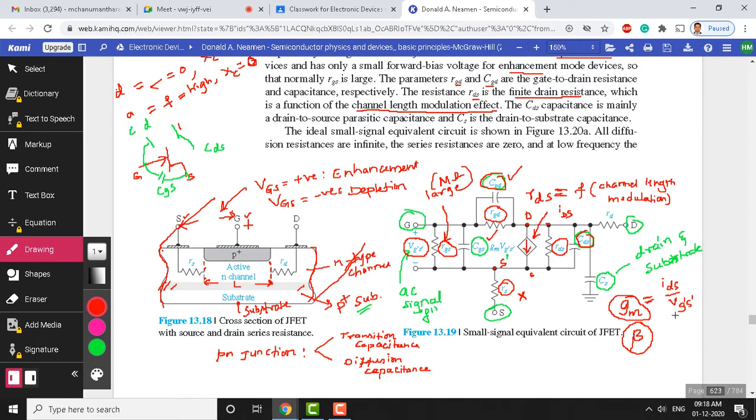Now look here. I told you a larger GM is better, right? A larger GM is always good. How do you make this GM larger? What is the advantage you are going to get by a larger GM? Conductivity will increase, sir. Number of conductors will be more involved. Conductivity will increase. Okay. Any other? The output current will also increase, sir. Yeah, that's what I'm expecting. The output current keeps increasing, right? Because look at this GM, the larger the GM, that gets multiplied with the input voltage, and what will happen to your drain to source current? That becomes very large, right? Having higher transconductance always gives larger output current.